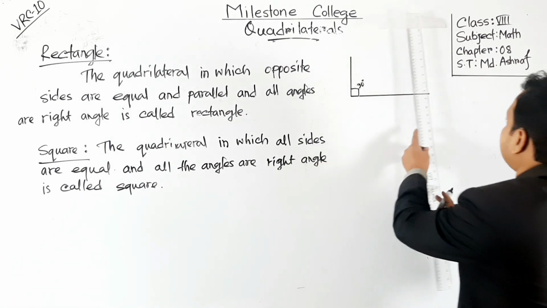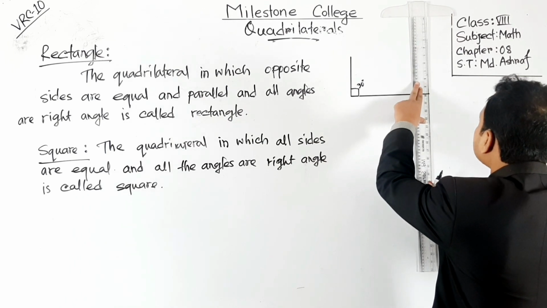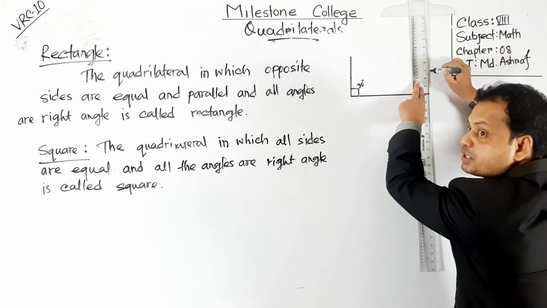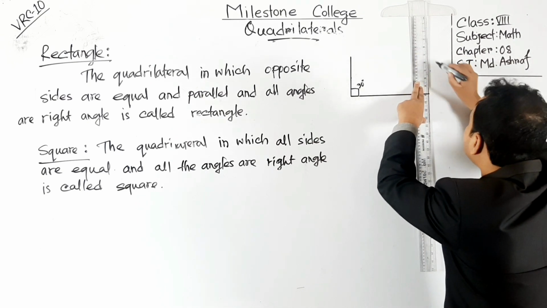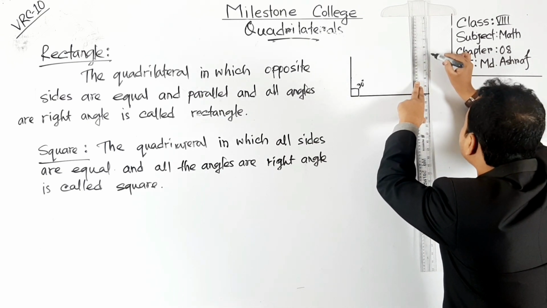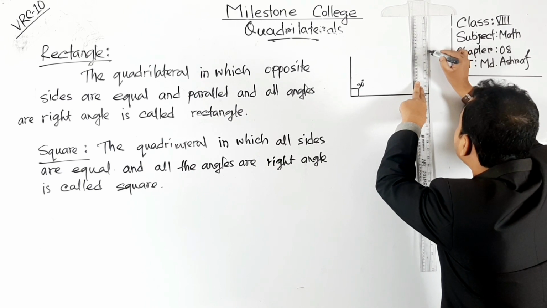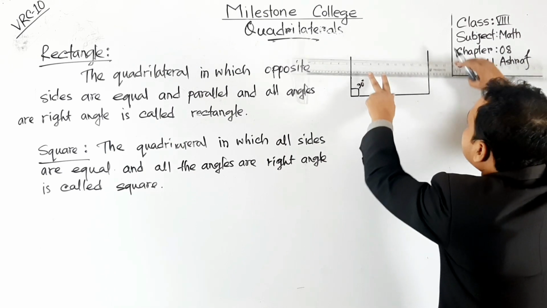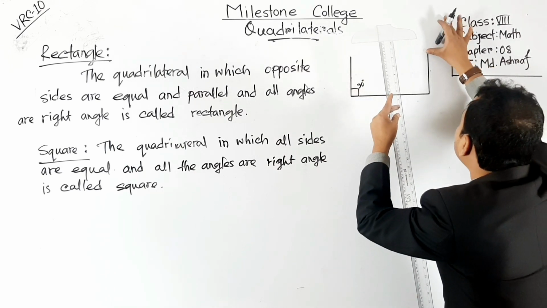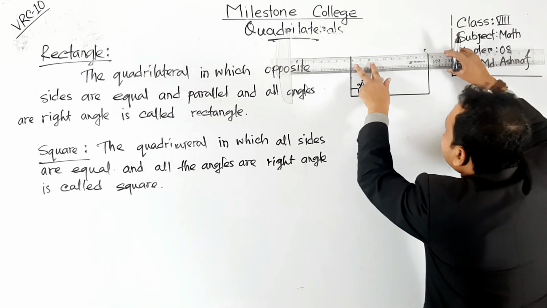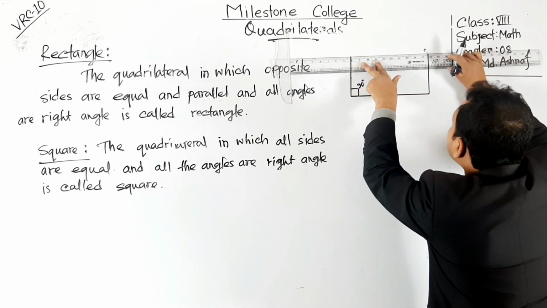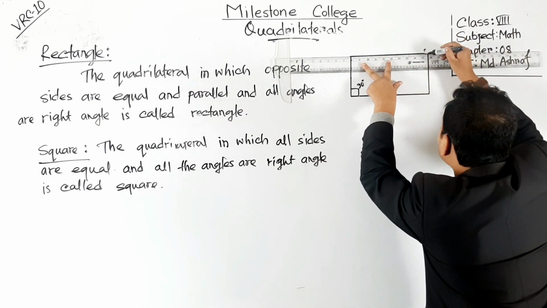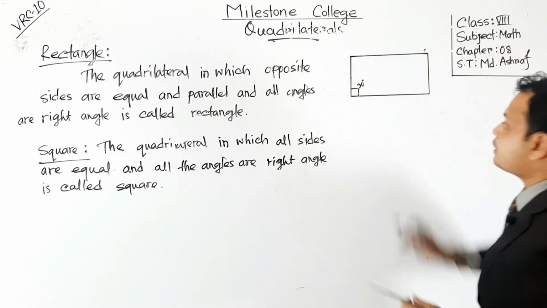Now we will draw these sides. So opposite to these sides, the opposite side will be this one. So these two sides will be equal. Then how do we get it? The length of this side will be 5 centimeter, okay. So this is the 5. Now draw this one. It will be more. Now join these two parts. It will be 10. Join this one. So we have got a figure.